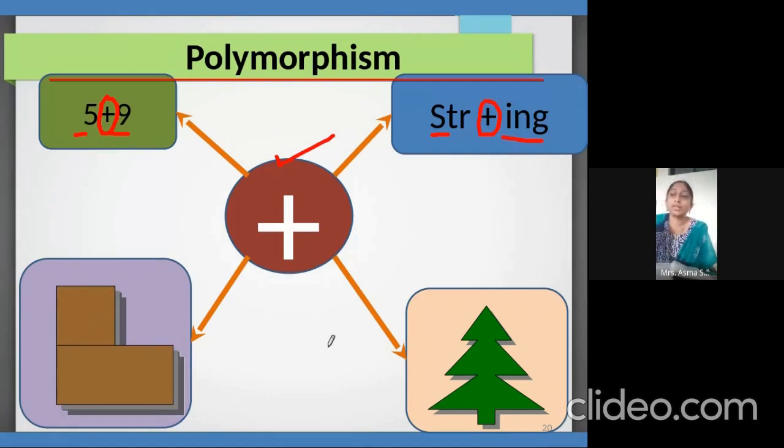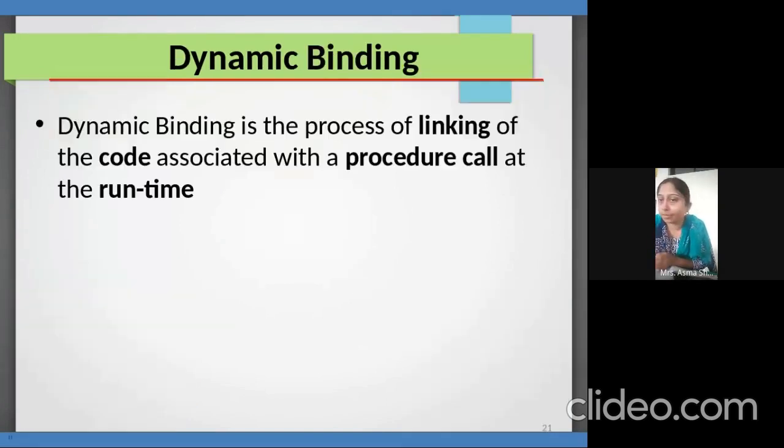I concatenate these two things. Here I can concatenate different symbols together. Here, if we say this tree is an object, we can concatenate objects, we can add the objects, we can add the strings, we can add the numbers. So that is polymorphism.